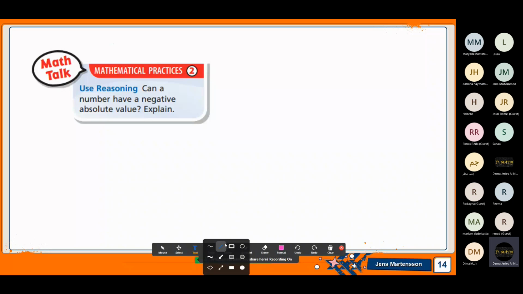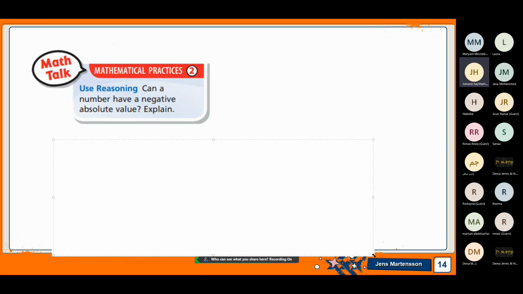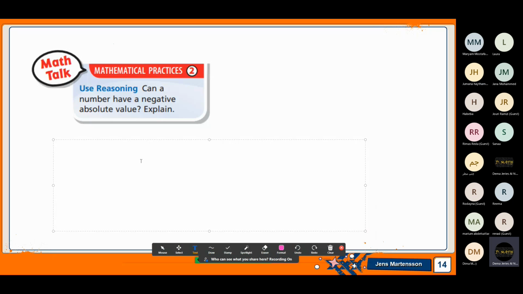So if you say negative 5, it means 5 to the back. Oh, yeah. So what was in my mind was physics, not math, right? Yeah. So the answer here is the absolute